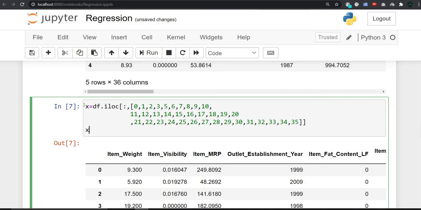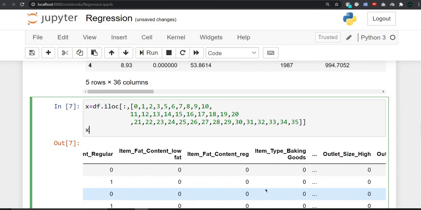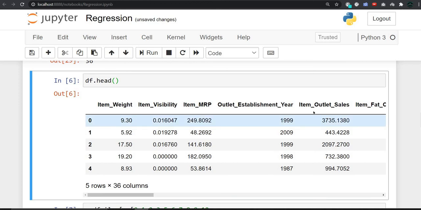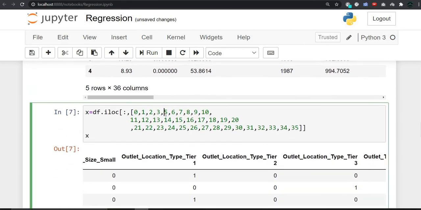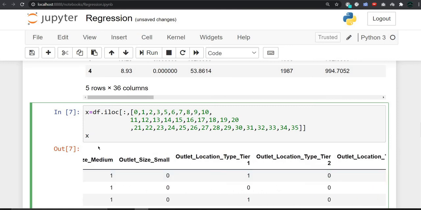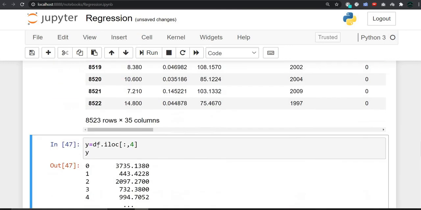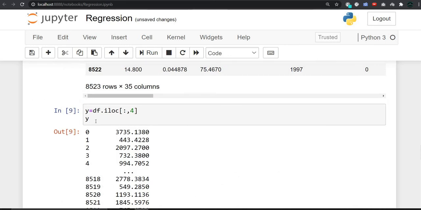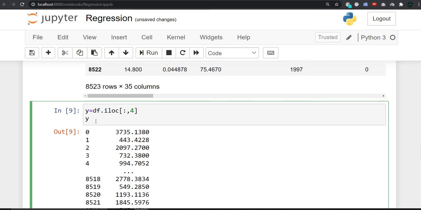This is the independent variable. The independent variable is nothing but the input variable. So these are the input variables, and you can see that we have taken all the values except the sales, because we have to find the sales. So we have excluded this particular column, that is the fourth column. As you can see, 0, 1, 2, 3, 4, the fourth column we have not included here, because that will be the dependent variable, that is our output variable. So we have excluded that, and we have used all the other columns. After that, we have made the dependent variable, and here we have used that fourth column, that is the sales column. It is the dependent variable, that is our output variable that we want to predict.